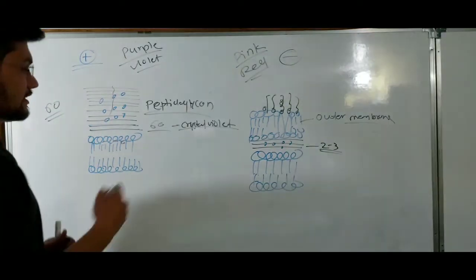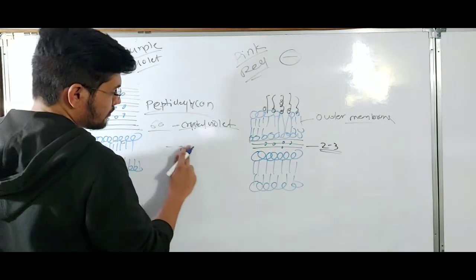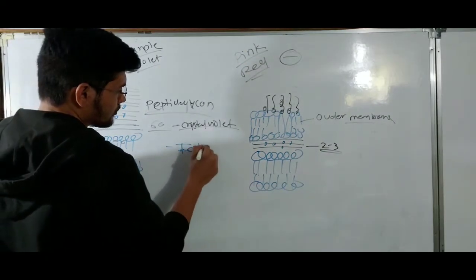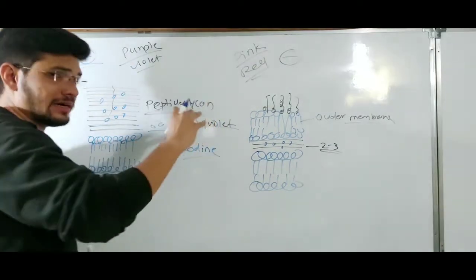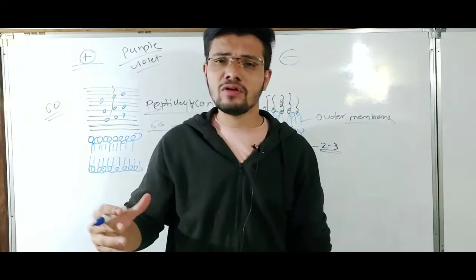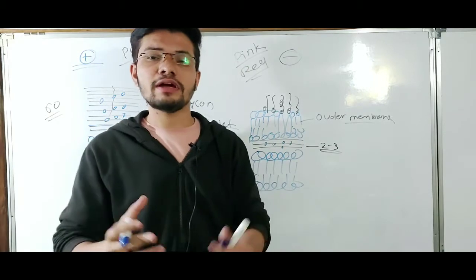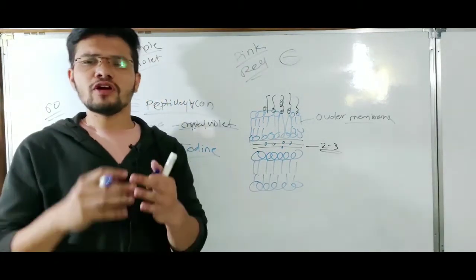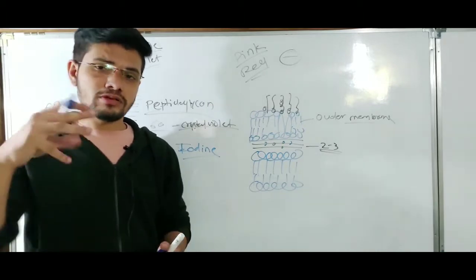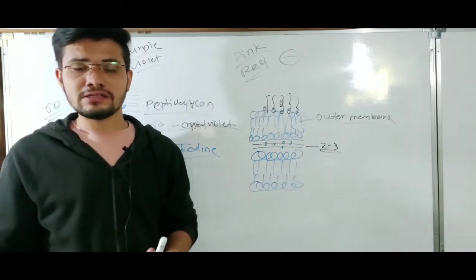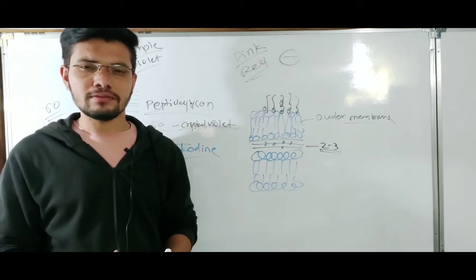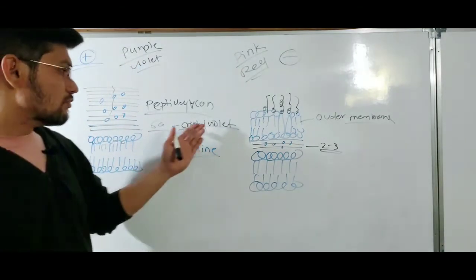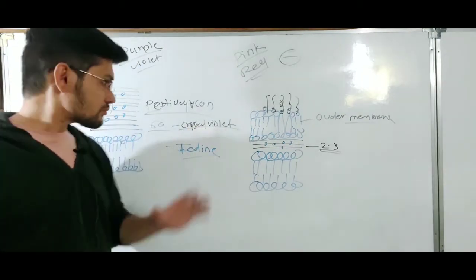After that, in the second stage, we are going to add mordant, which is iodine. So this is the primary stain or primary dye or color. In the local language you can say color. So we are going to color the bacteria, because we cannot observe the bacteria as they are colorless. So we are going to provide them a color, the violet or purple color.